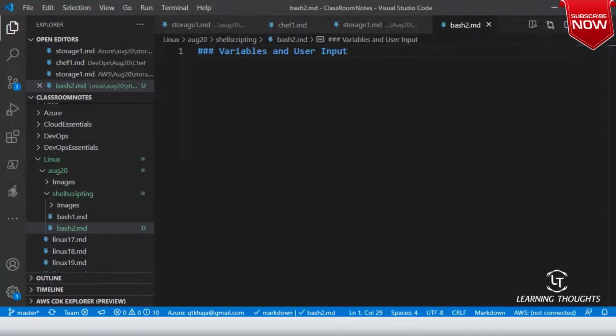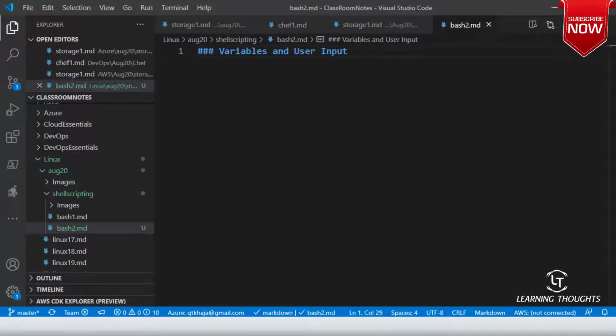How do you deal with naming variables in shell scripting? How can I dynamically give the user input? And we will be trying to define a term called interactive and non-interactive scripting. This is what we would be trying to do in today's class.